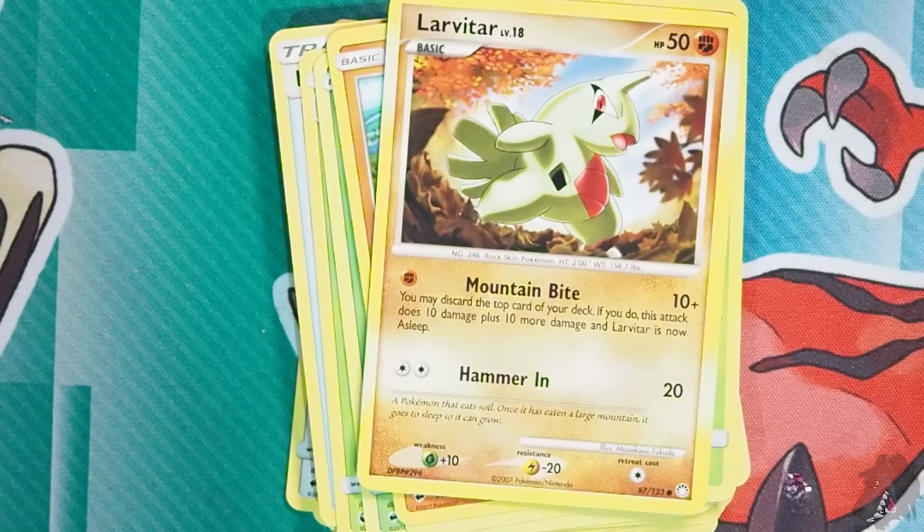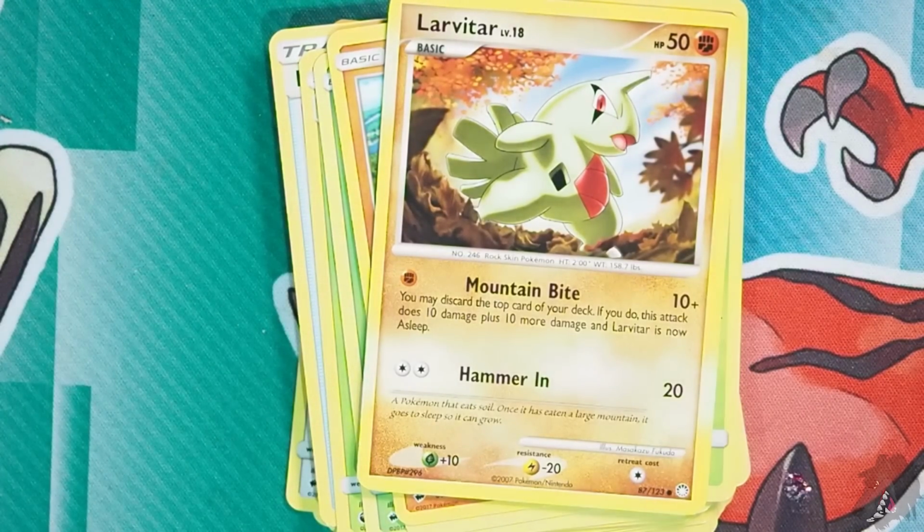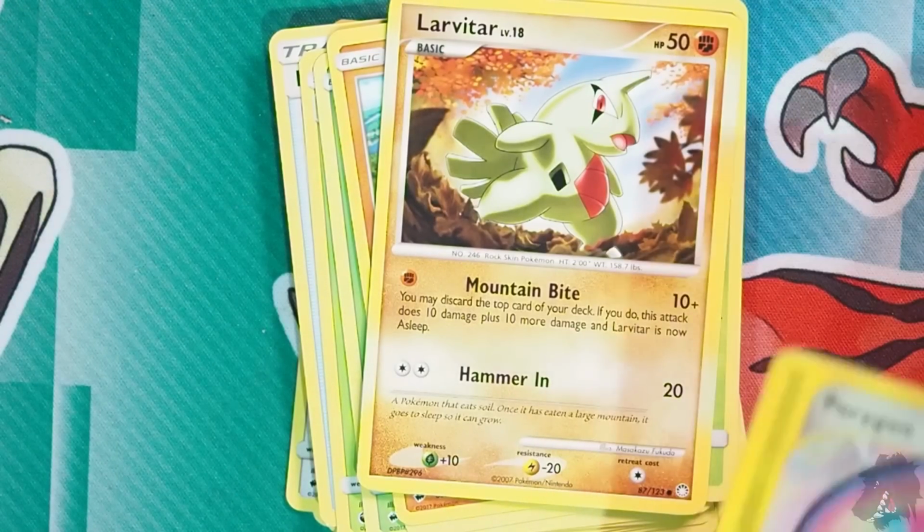Alright, then we have a Larvitar. I swear that's a 4th generation card because I've got that particular card, and it's got a level next to it, which tells me it's 4th generation. And oh yeah, it definitely is 4th generation because it's got DPBP, which I think was Diamond Pearl Battle Pack or something like that. And yeah, that's making me feel old. 2008 or 2009, I would have been riding my bike all the way down to the shops to buy TCG